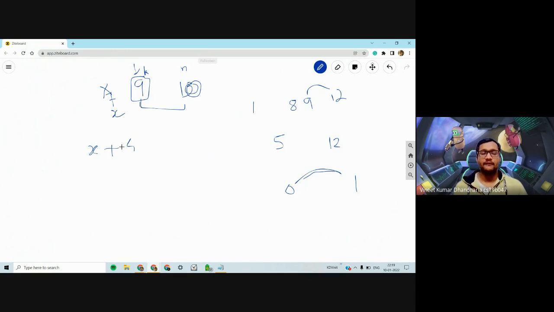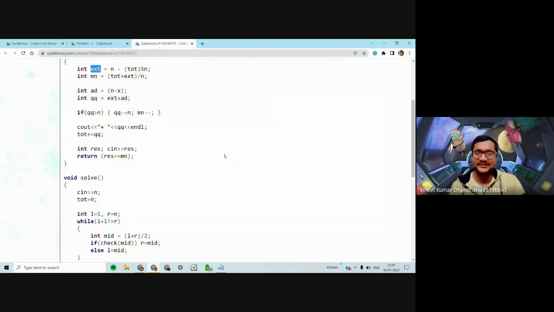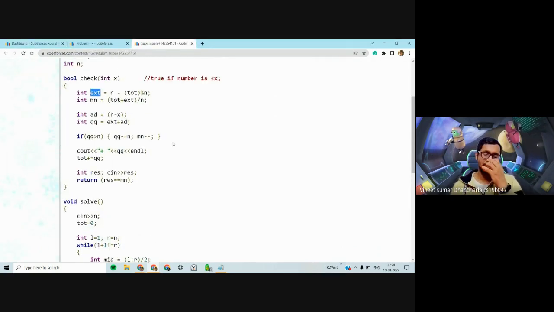We know that in the process so far we added 3 to x. Now if we add 7, then whatever the value of x would be, it would change to x plus 10, which means it again has the same parity. So if it was 7, it would become 17. If it was 2, it would become 12. So it again has the same parity with respect to n. So we add this extra.